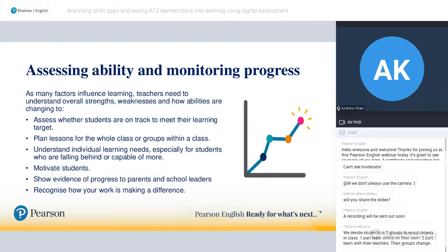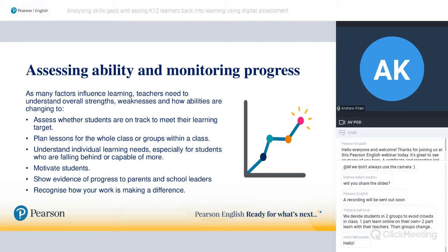So, depending on the situation and the circumstances, you might be coming back to a classroom or a digital classroom full of learners who have had very different experiences over the last few months. And that makes the job of being a teacher, the job of planning lessons, a lot more challenging. So there's a couple of really difficult things to look at here. How do you know learners are on track to meet their study targets? How can you check on individual learning needs and identify students who might be perhaps falling behind? How do you design lessons for a group of learners that might have a more diverse set of skills than would otherwise have been expected at this stage?